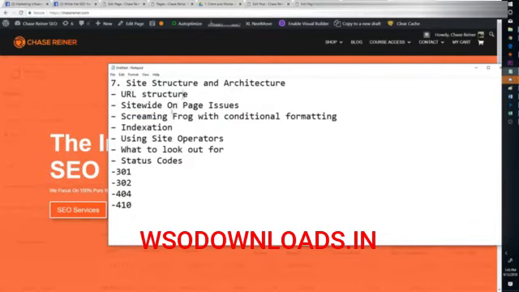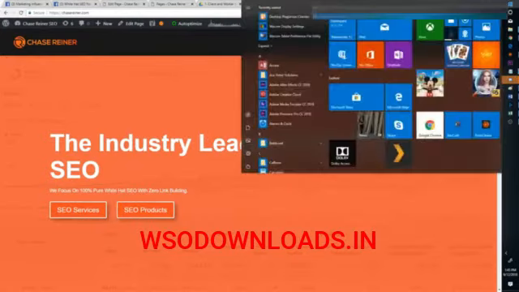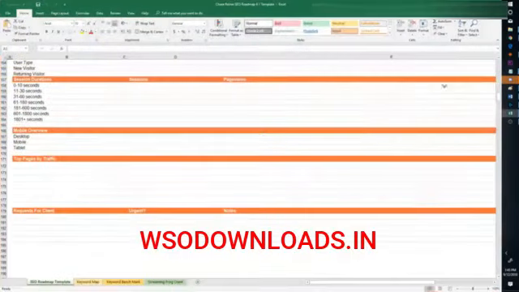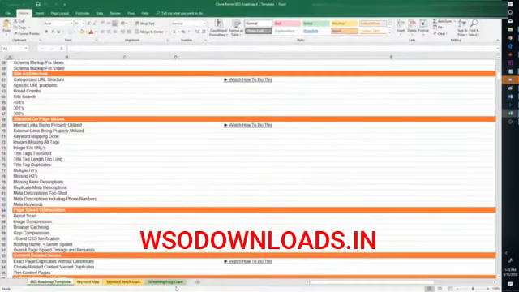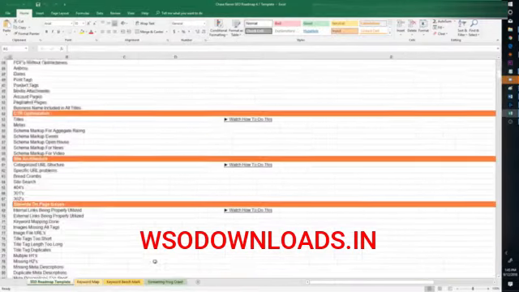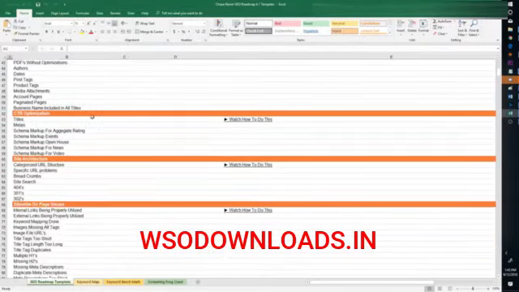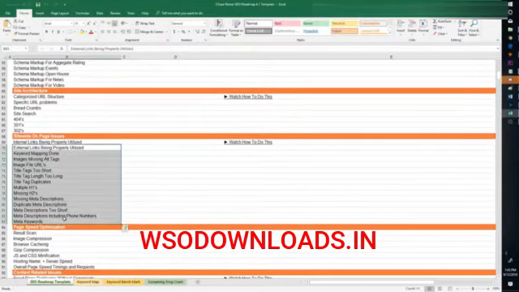Okay, so next we have site-wide on-page issues. So this is within the actual audit template that you guys have. This is something that's really easy to do. What you can do is use Screaming Frog, which is a tool we're going to talk a little bit more about in the later part of the series. But in the audit template, you'll see it says site-wide on-page issues. And in here, you can see all of the different